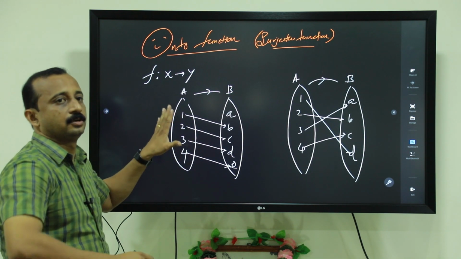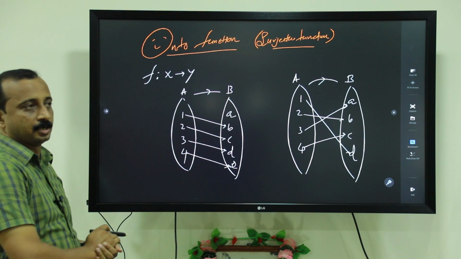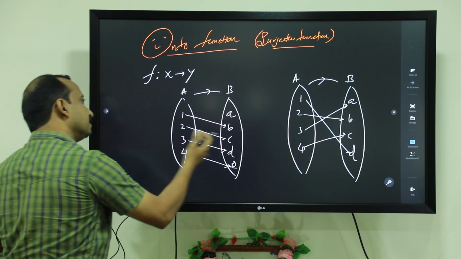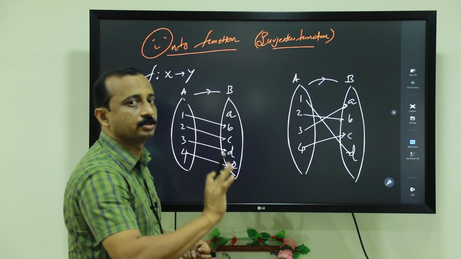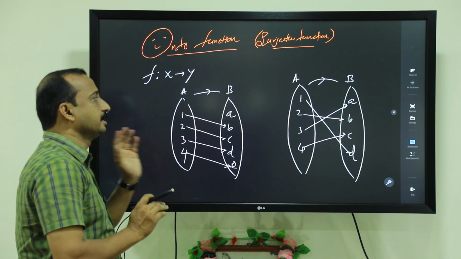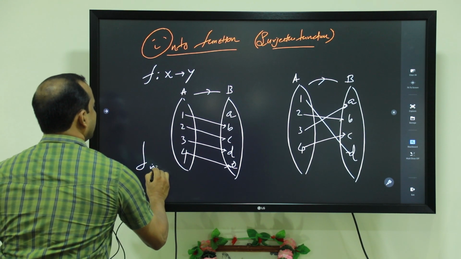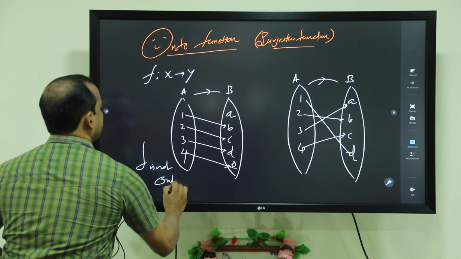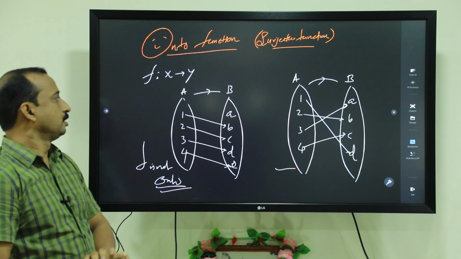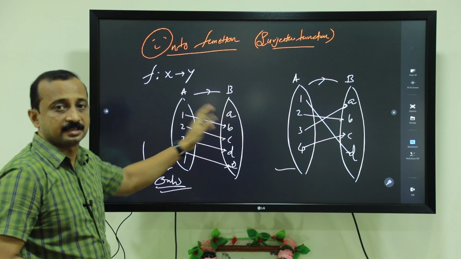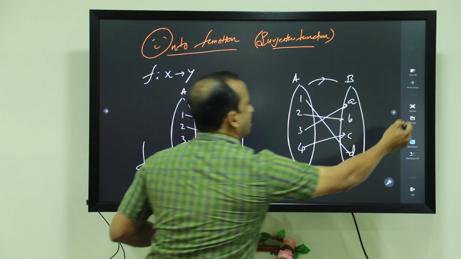Clearly f is not onto because the element A has no pre-image. So to check onto, take the complete second set and look for pre-images in the first set. Well, element A has no pre-image, therefore f is not onto. The given function is not onto. Here the function is clearly onto. Here f is onto. Okay, this is one-one and onto.